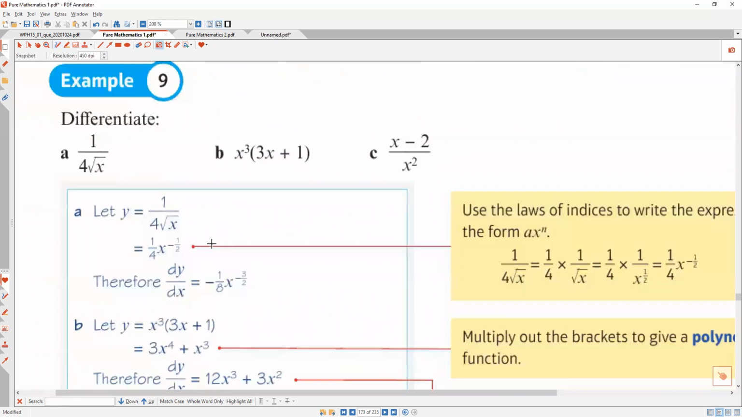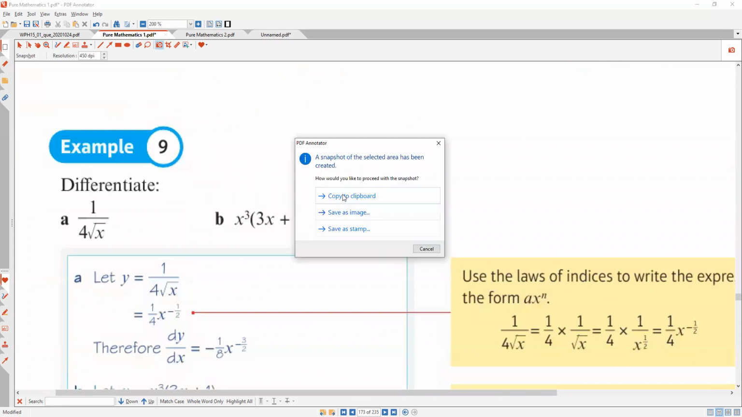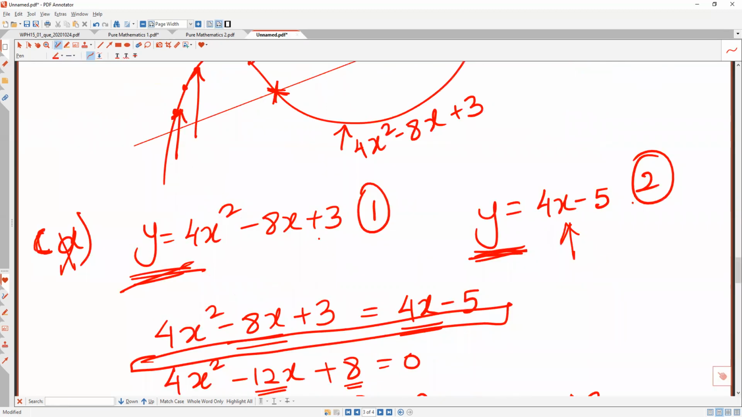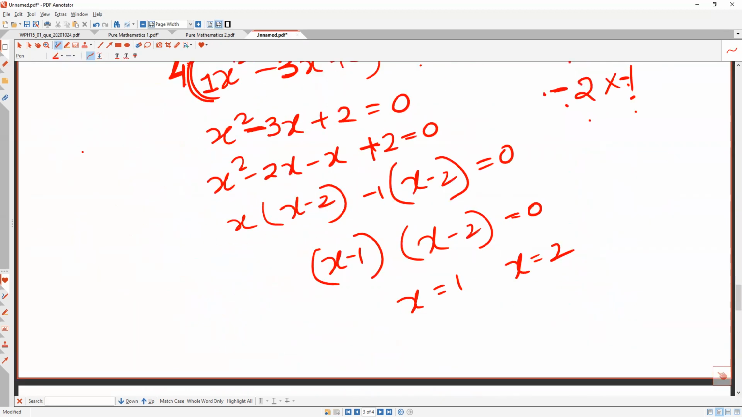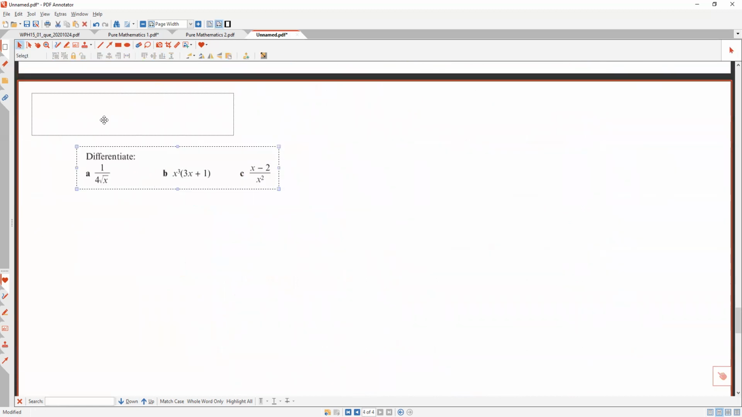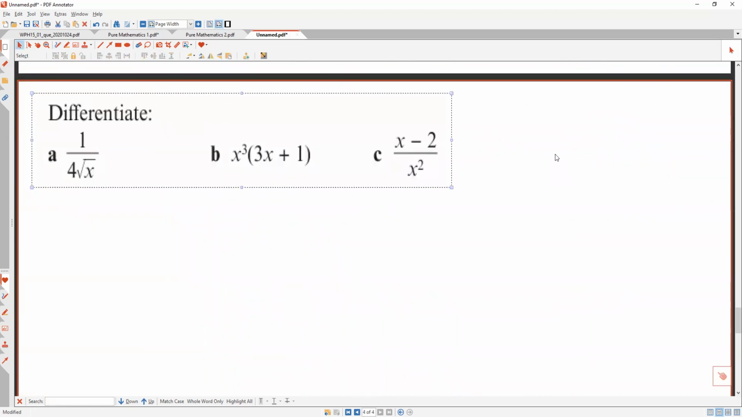Let me do these sums with you all. These 3, Example 9. Example 8 I'm not doing because I feel that they are very easy, so I'll just be wasting my time if I do those. Okay, so let's start. Now regarding differentiation,